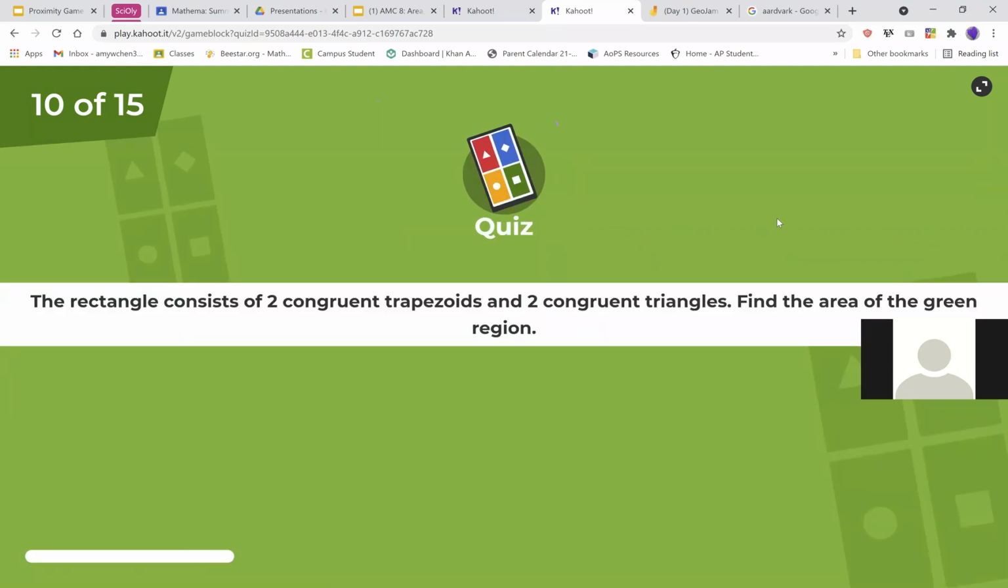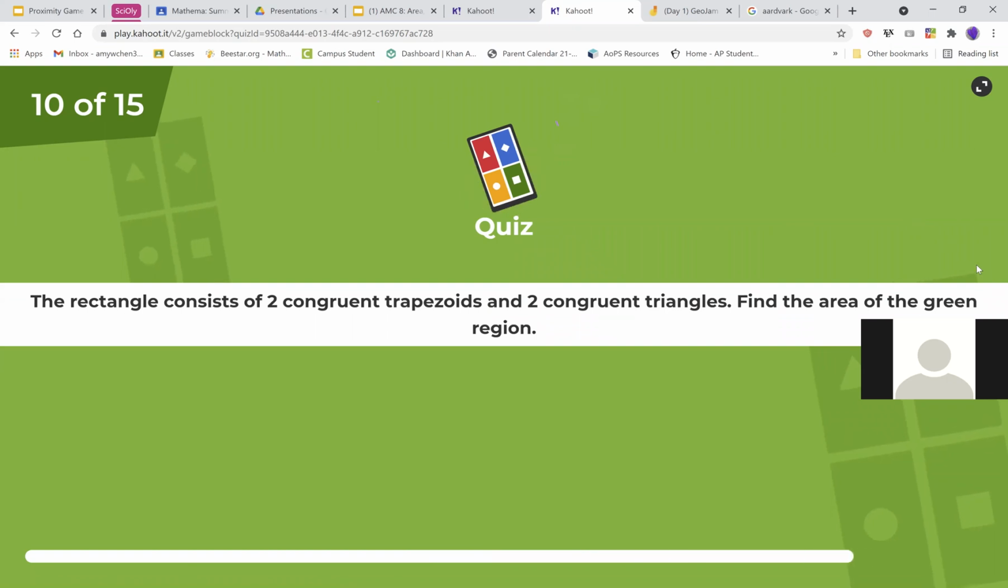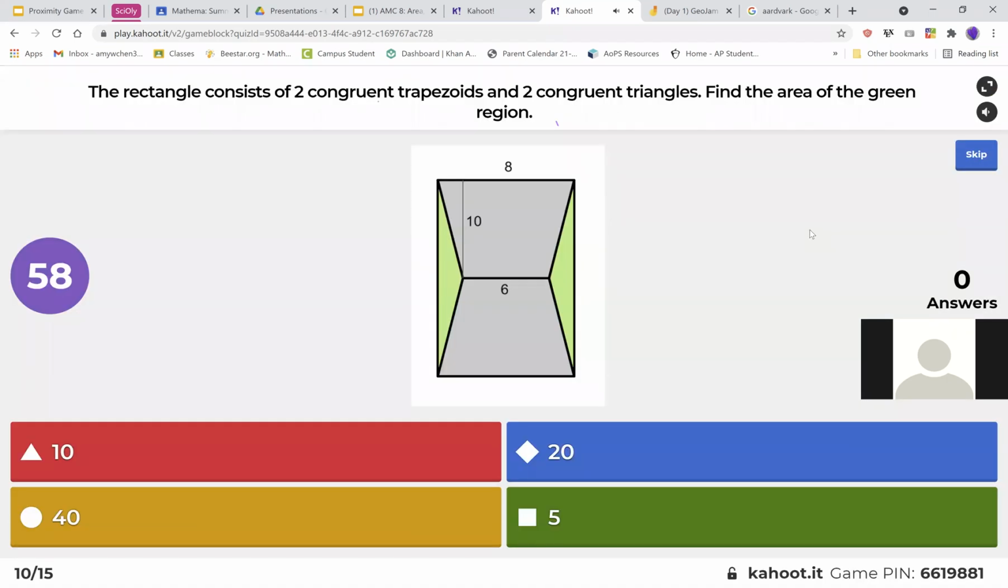Okay, rectangle consists of 2 congruent trapezoids and 2 congruent triangles. Find the area of the green region. You guys have 1 minute for this. There are many different ways to solve this problem. I'm going to periodically give you hints. So at the 20-second mark, which already passed,